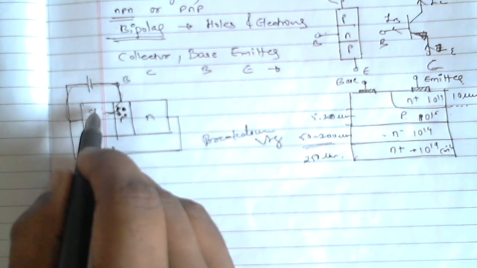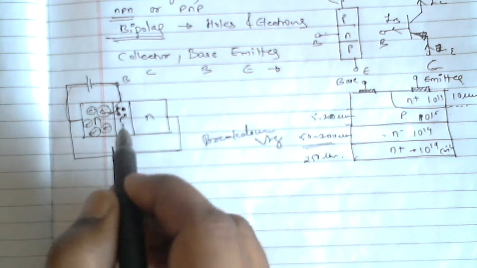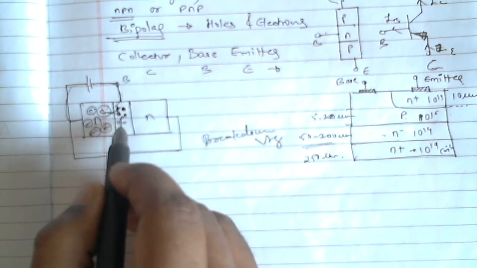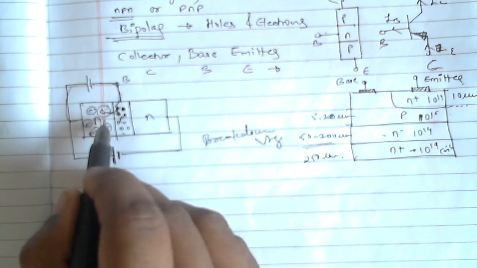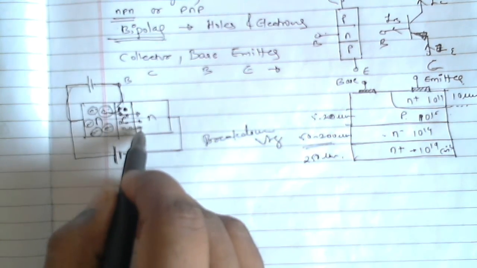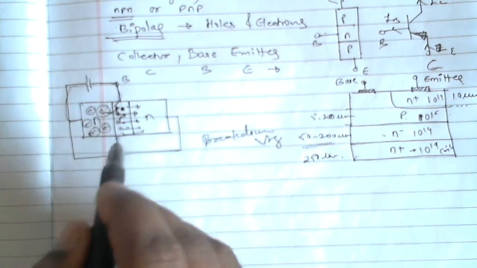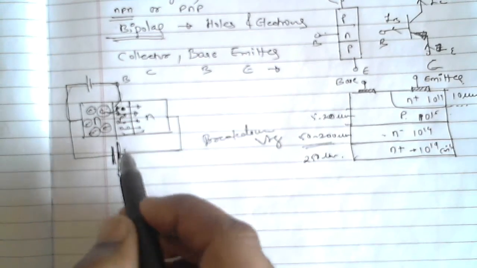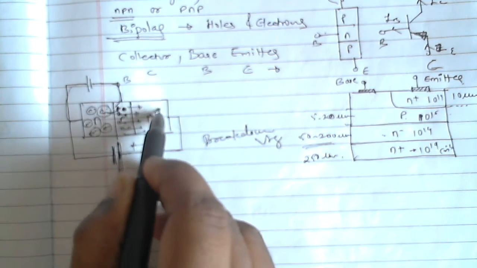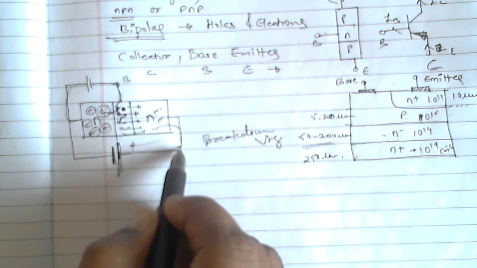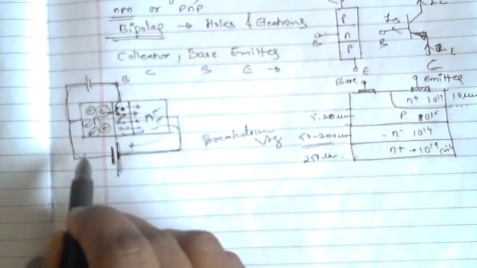Still there are a huge number of electrons present, and what will they do? Can you have a guess? Because all the holes here are combined, the remaining are moving through these, but still there are lots of electrons, so those electrons will get attracted over here. Sorry, this polarity should be opposite, positive. So those electrons will get attracted to this positive polarity, and here also there are free electrons. So all these electrons will complete their path through this outer circuit like this.